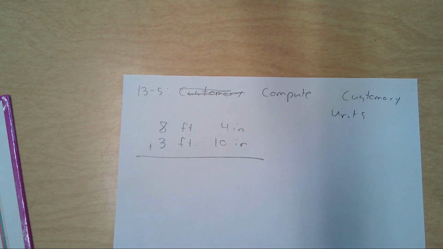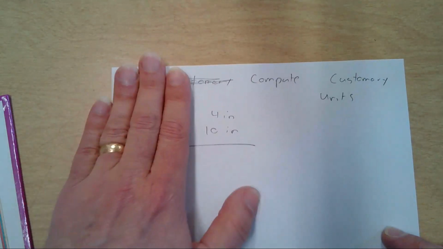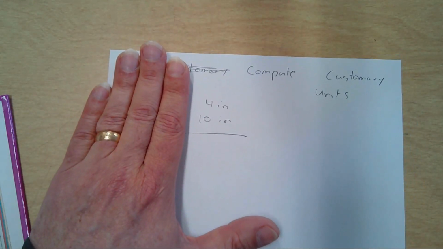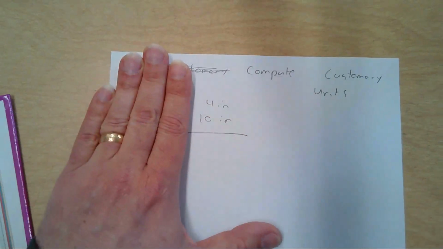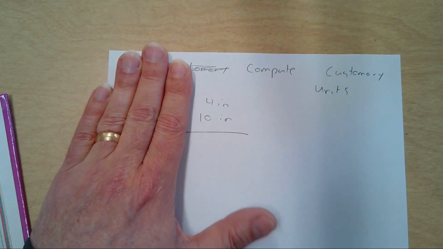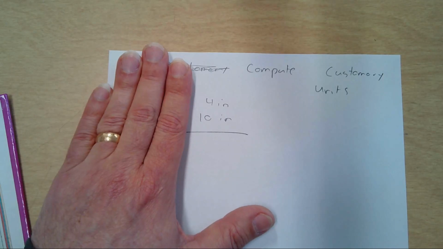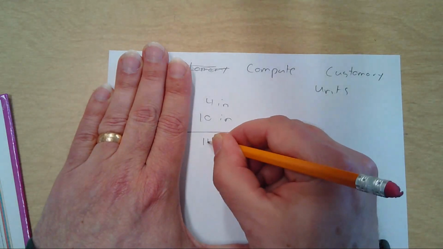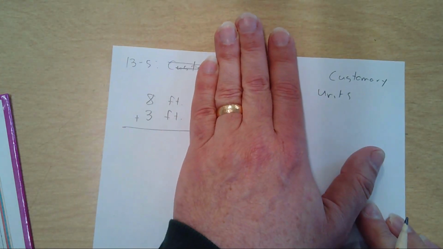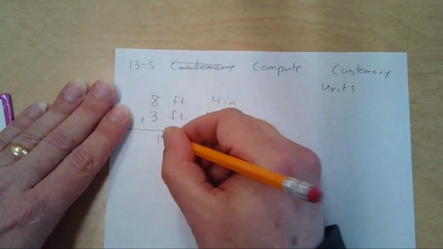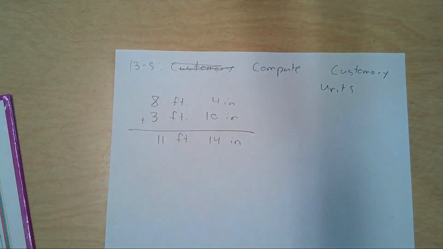Method 1. Go ahead and just start adding as I would here. So same deal. You always want to start in the smallest place value, just like normal. There's no change here. But 4 inches and 10 inches is 14 inches. And 8 feet and 3 feet is 11 feet. So in theory, I have 11 feet, 14 inches as a final answer, which